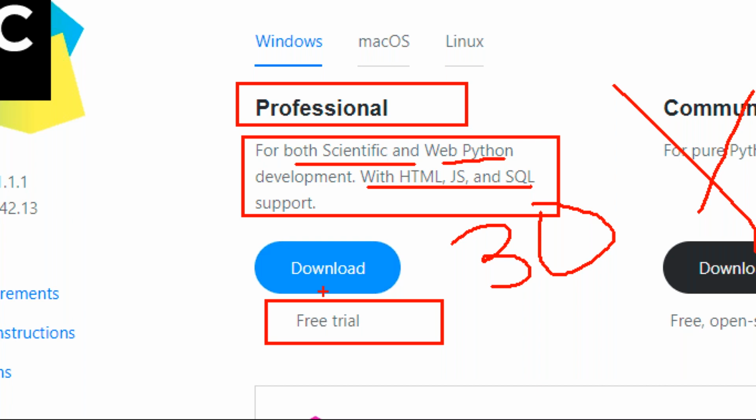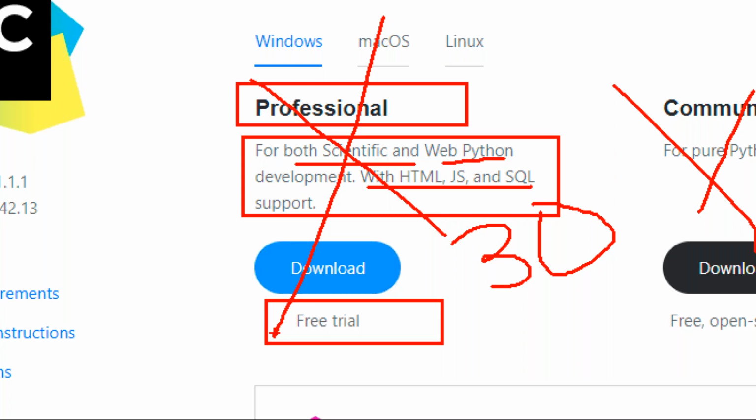So if I don't want to buy, but I want to use it for n number of days, then what you do is, every time we need to download and install. After 1 month, just uninstall what is available in our system, then again download and install. This is all a matter of 10 minutes. Every 30 days, you are going to spend 10 minutes.